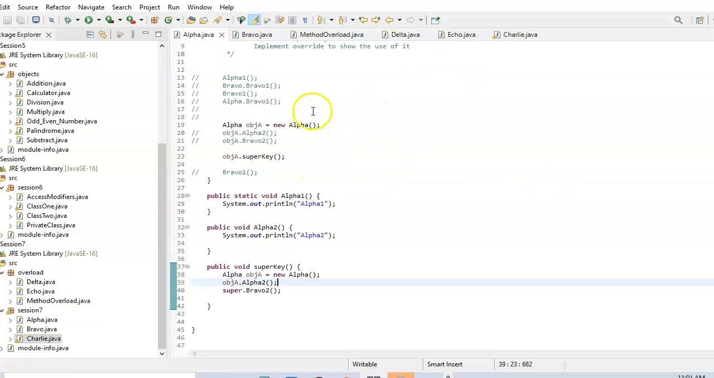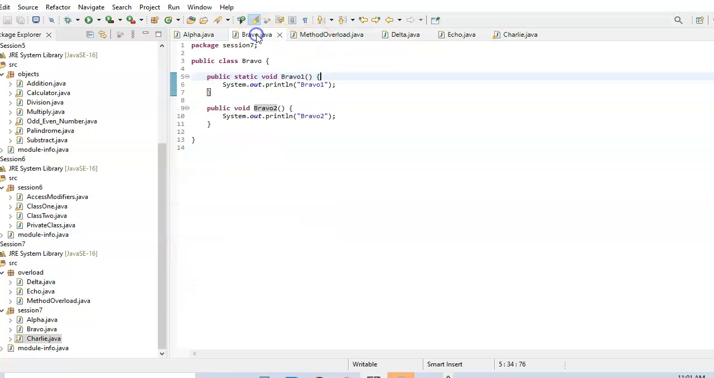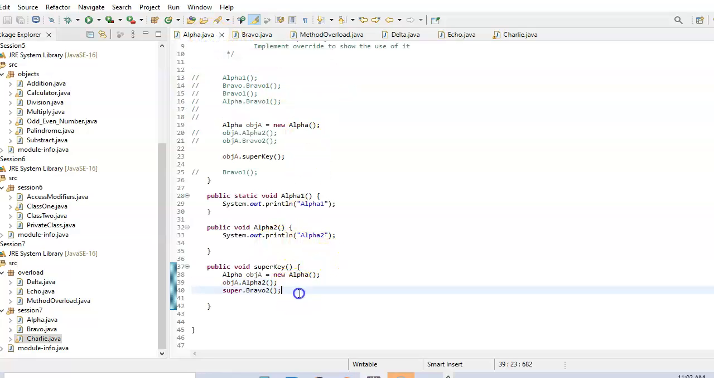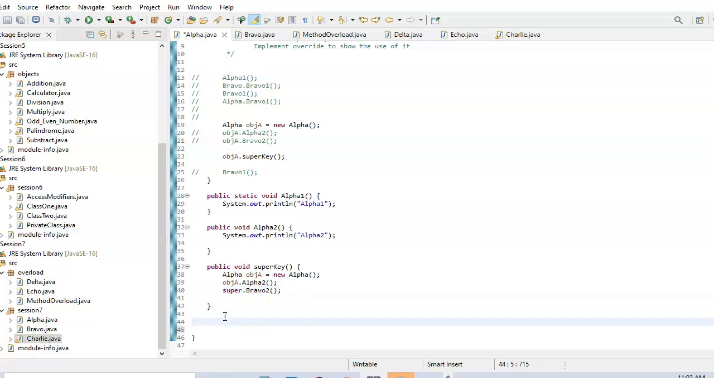Basically, let me just explain it by example. If I try to copy one method from my parent class, let me just copy bravo 1. If I copy it and I make the same copy under my child class,